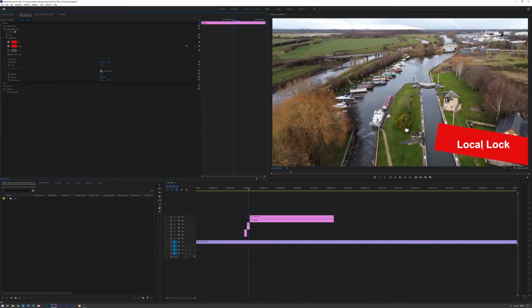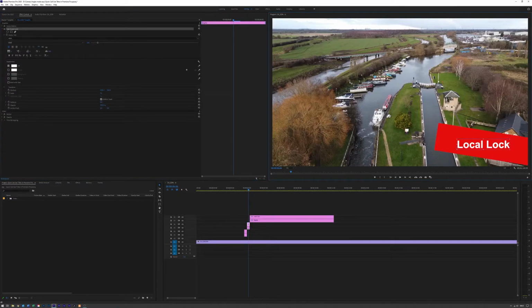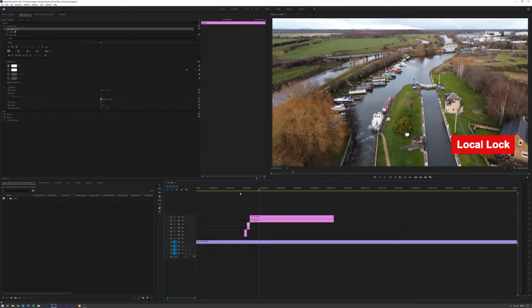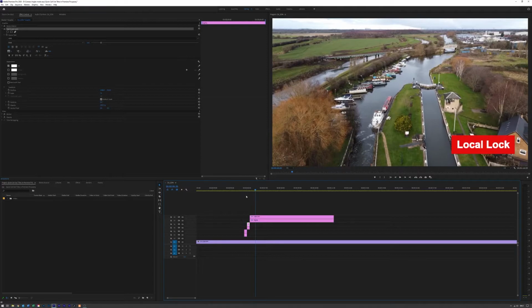So I'm going to make it 9, and then with this I'm going to do the same thing again, 150, and make the rotation 9, and position it in place like so. So now we've got this sort of thing going on, which is pretty cool.